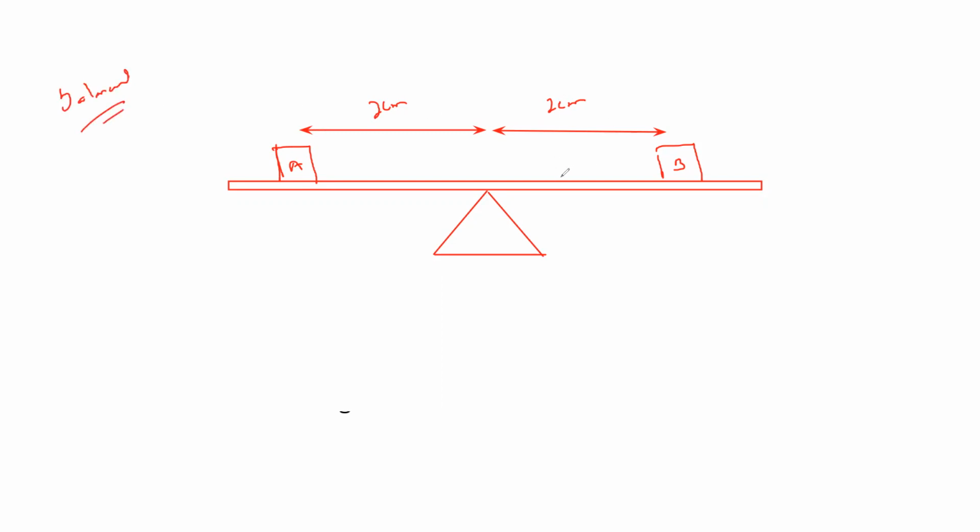So what can we say in this scenario? If two objects are placed at the same distance from the pivot, we can say that the weights of the objects are the same. So weight of object A is equal to weight of object B. When two objects are placed at the same distance from the pivot, we can identify if they are applying the same force. If they are applying the same force, it means both objects have the same weight. But if it was the other way around,